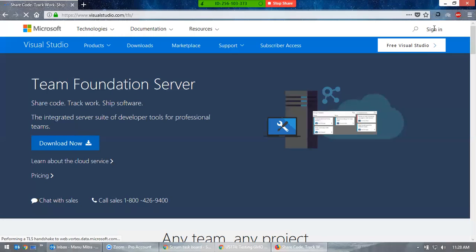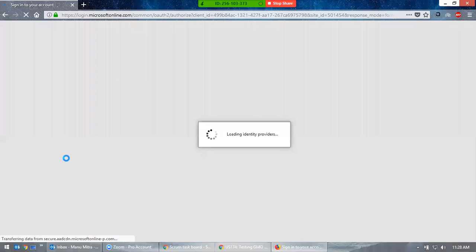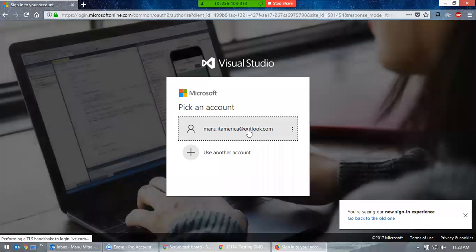Let's check it out. Rally does good for Scrum, but if you are working in a Kanban process or any other methodology, then TFS is good for the Kanban process.